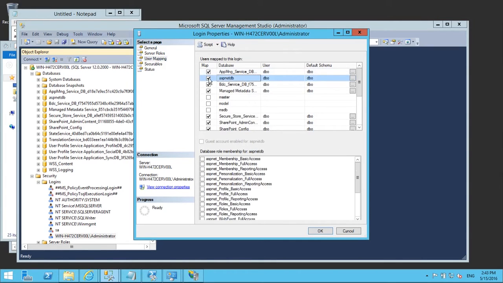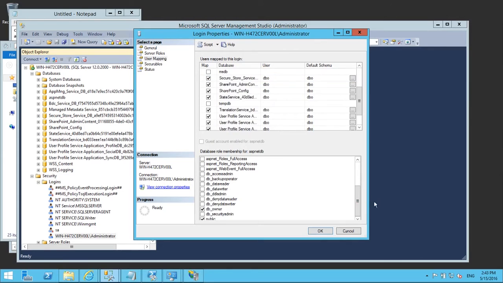And you'd go into ASP.NET DB, you'd check this box and check DB owner. Now, this just happens to already be done because we created the database using this same user ID,